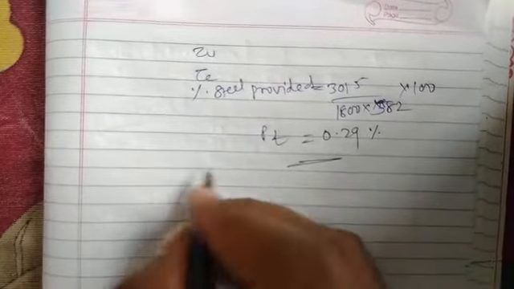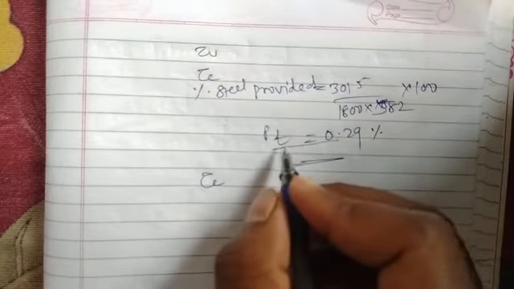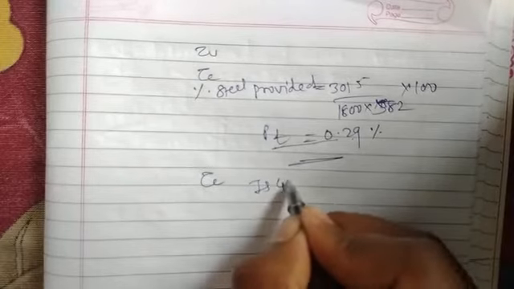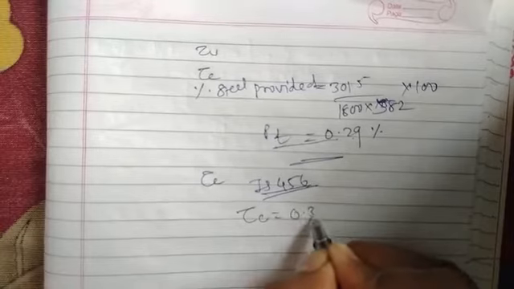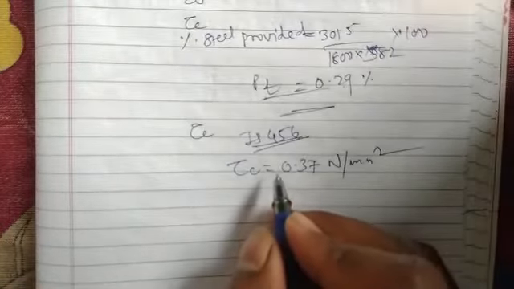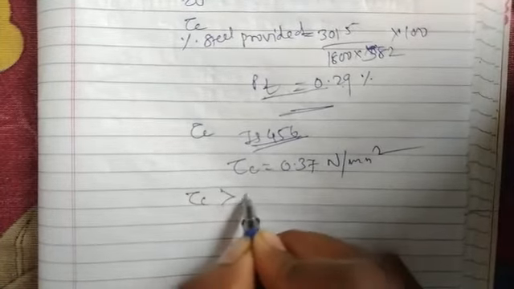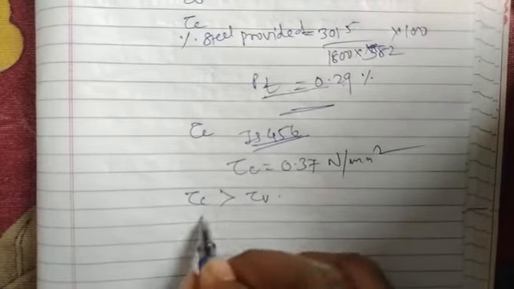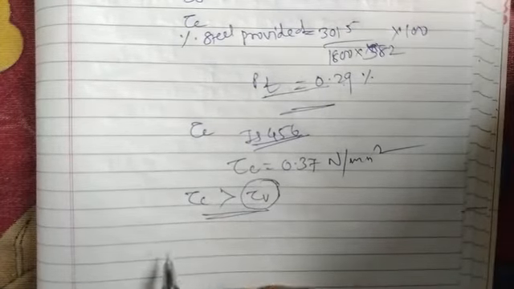If you calculate the value of tau C with respect to this value of PT from IS 456, then you will get tau C equal to 0.37 Newton per mm square. Now here we can see that the value of tau C is greater than tau V, which is what we wanted. This condition shows that the stress coming due to external loading is